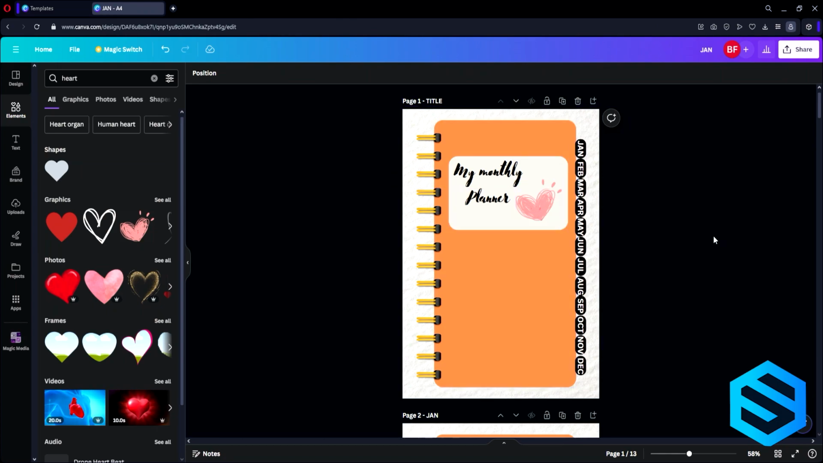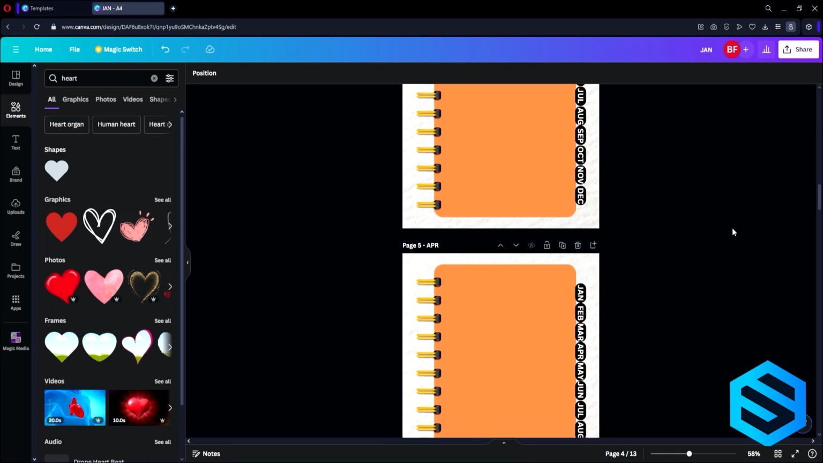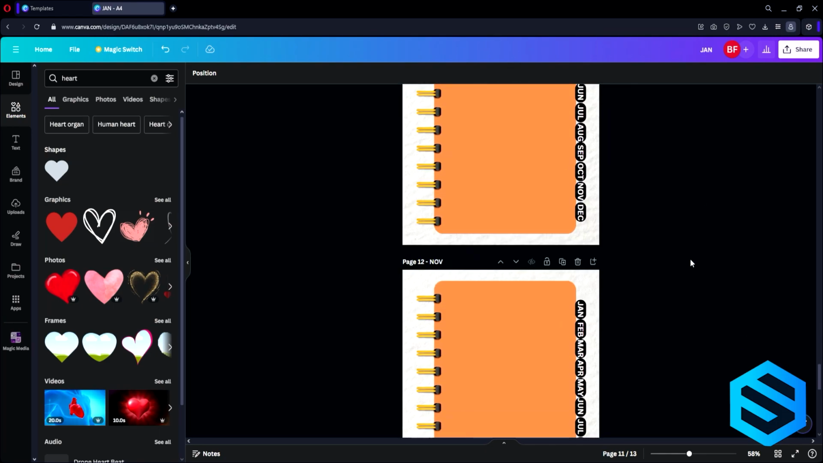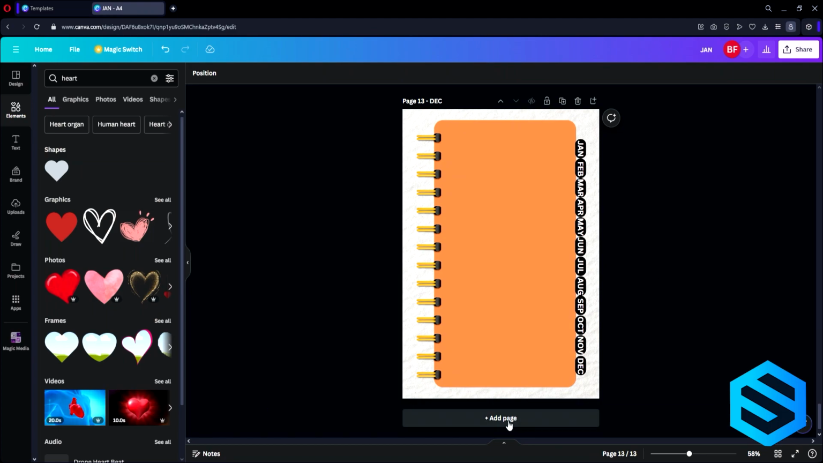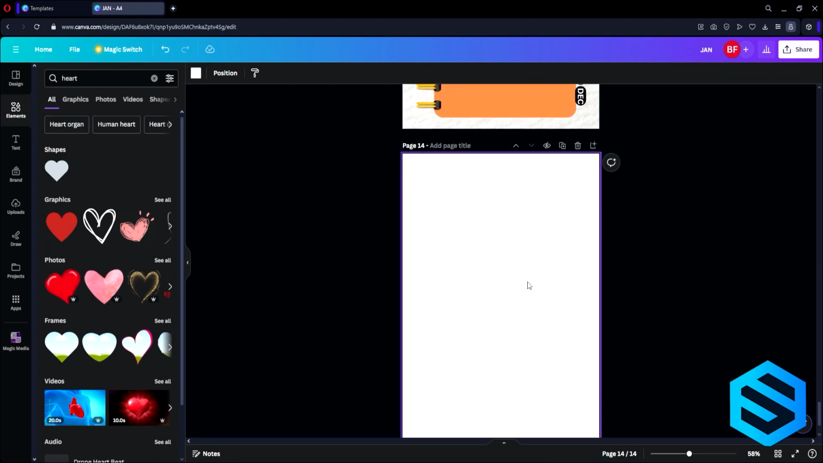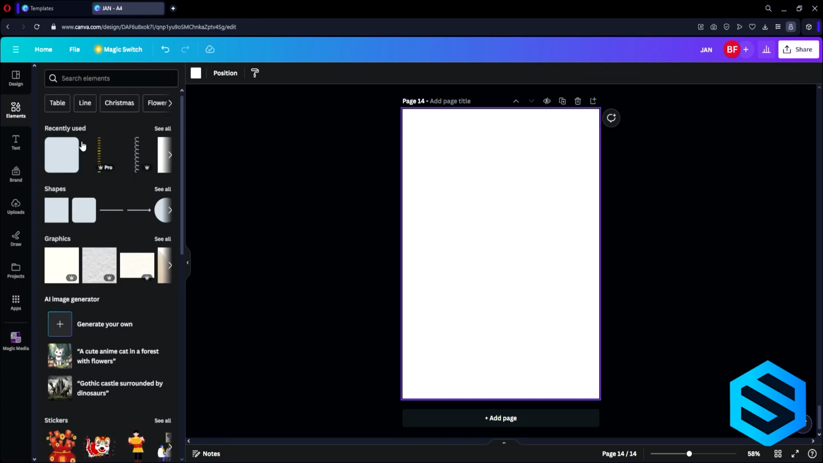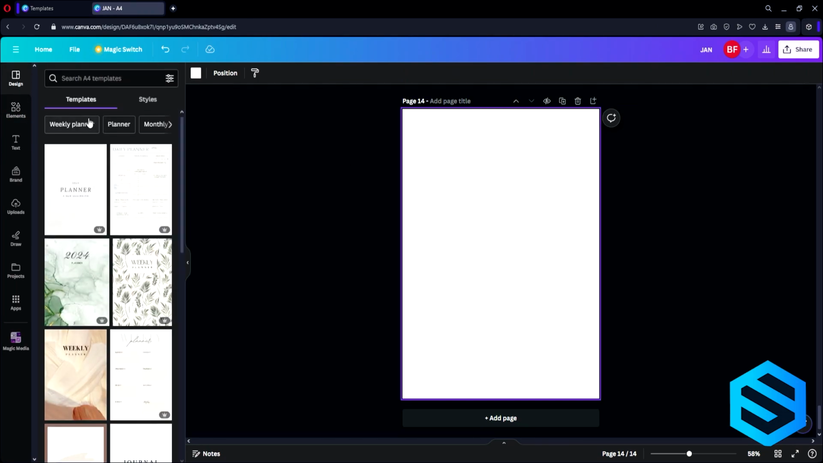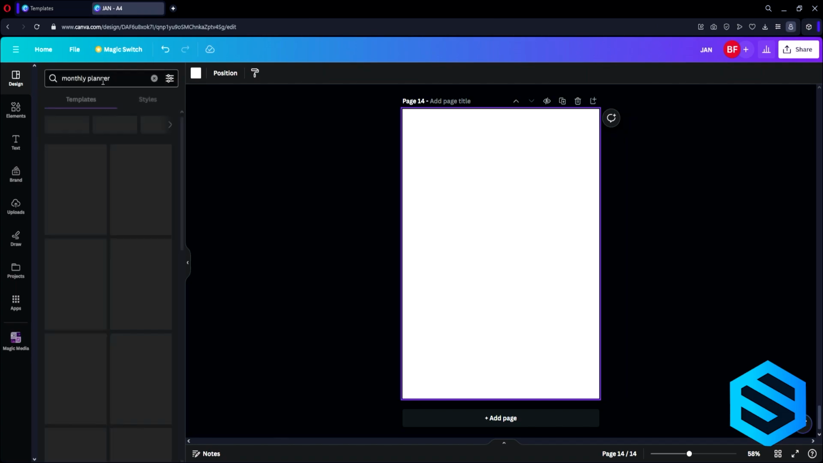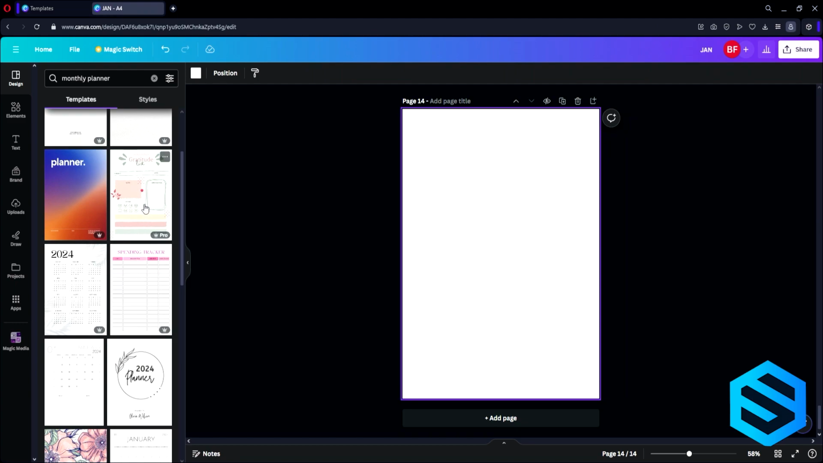Let's move on. Okay, so now we need to add the actual pages of your planner, right? So we need to scroll to the very bottom and create a new page. We're gonna just use a template for the actual pages, because you can make your own from scratch, but I'm just gonna do a template for now. So we go to the design again, and I'm gonna type, as I'm making a monthly one for this video,